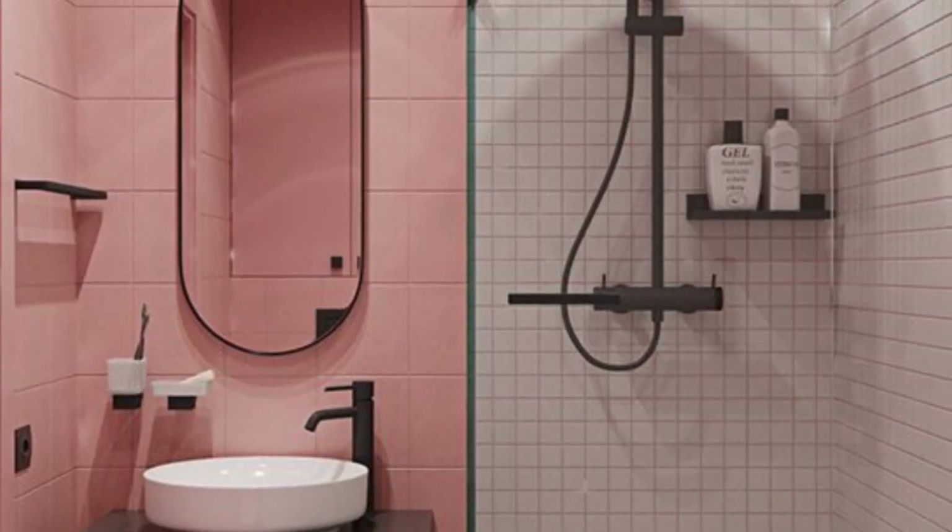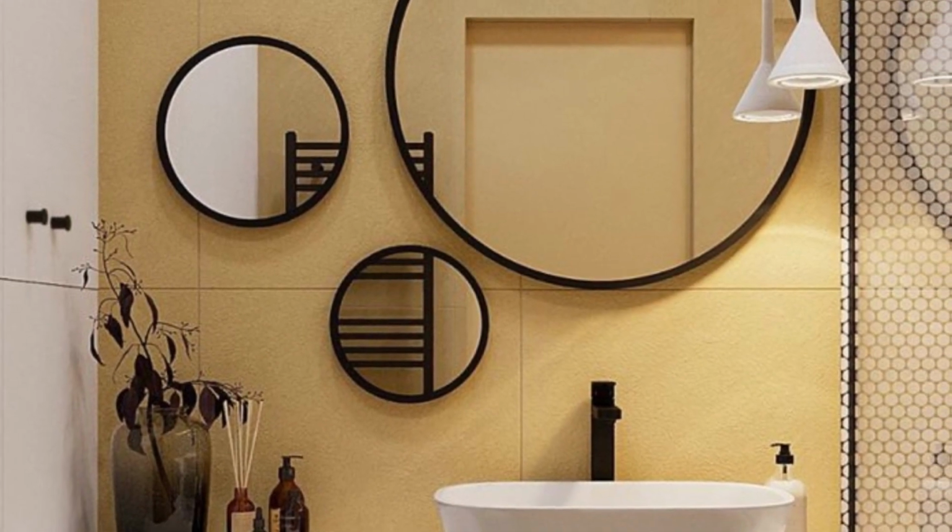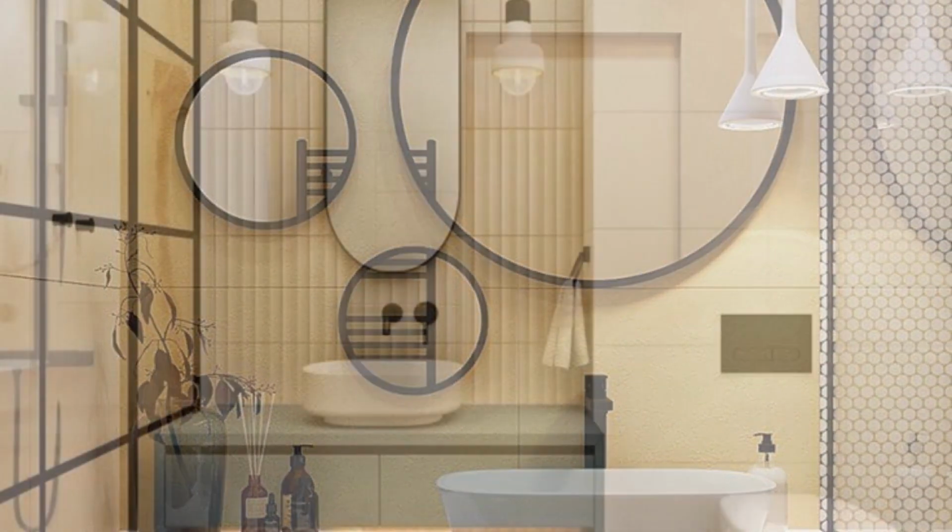Whether you have a compact bathroom or a spacious one, IKEA mirror cabinets can provide a seamless and budget-friendly storage